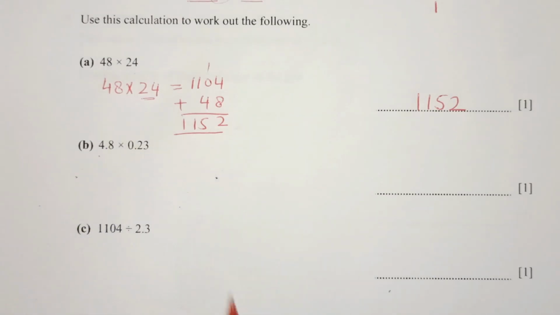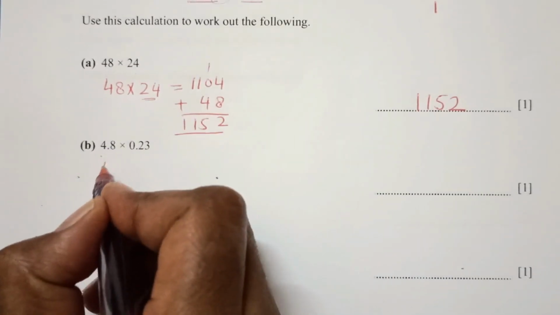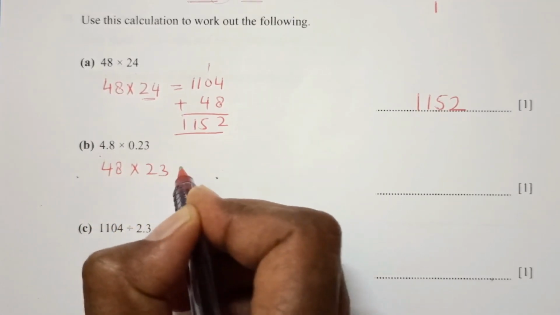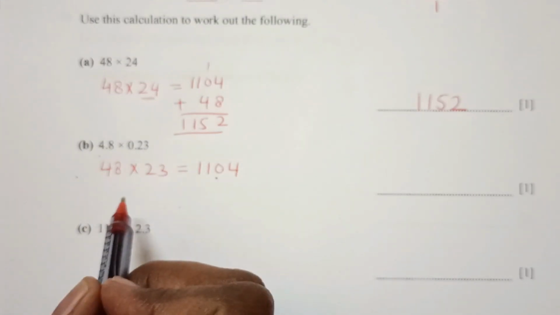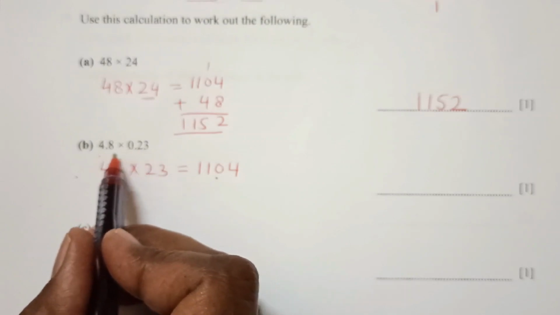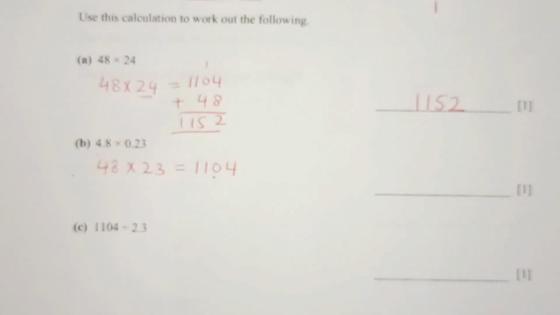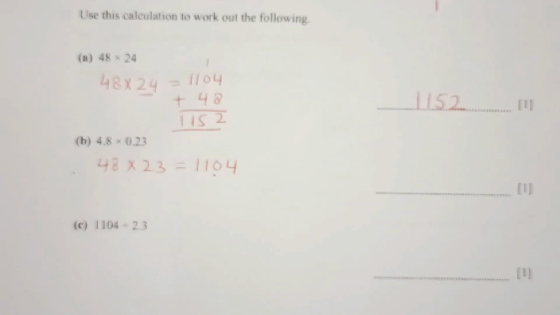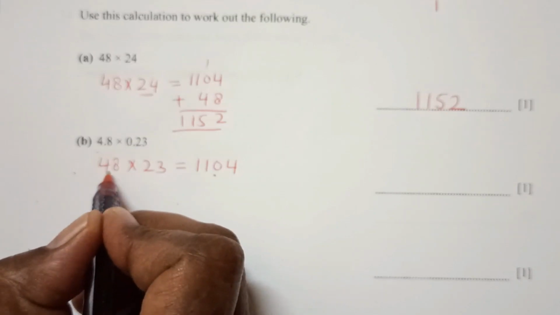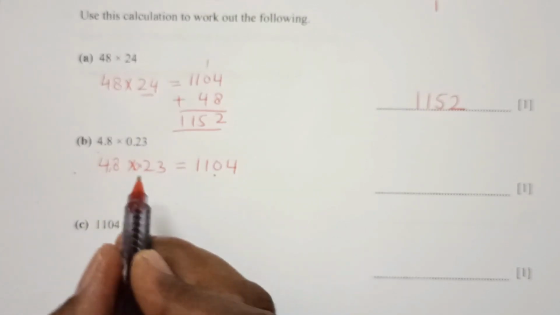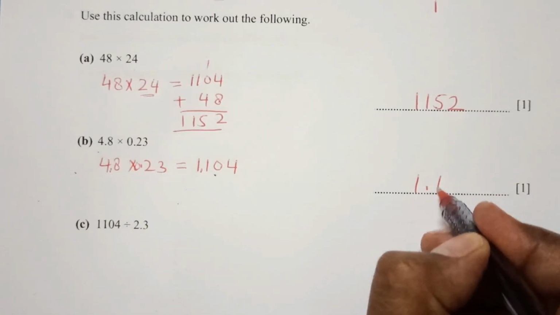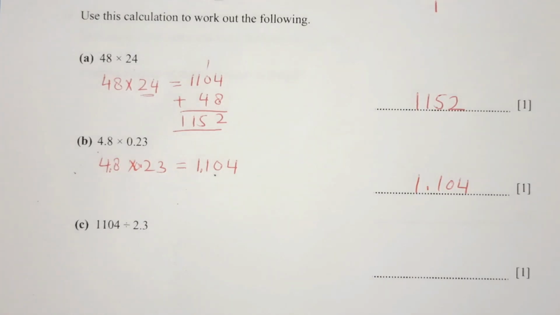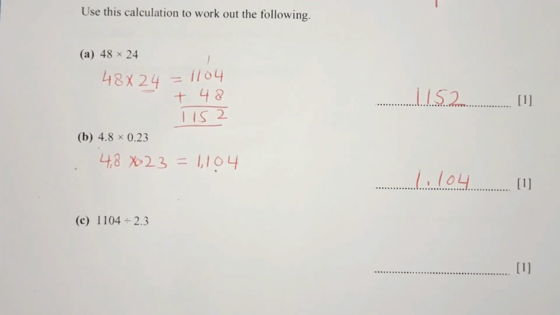4.8 times 0.23. As you know that 48 times 23 is 1104, we have the only difference here, we have 0.23 and 4.8. So for this you need to have the decimal here, 4.8 and then 0.23. So you can see 1, 2, 3 decimal places. So its answer should be 1.104. Then part C is